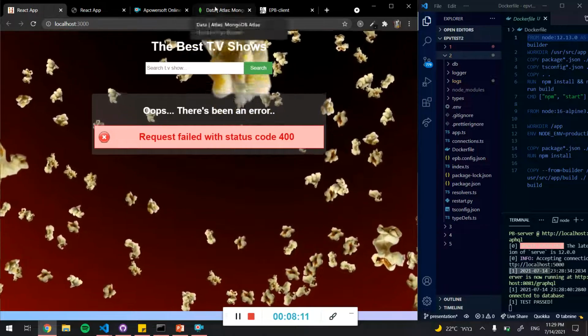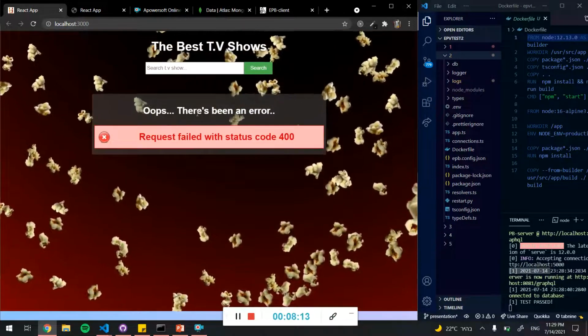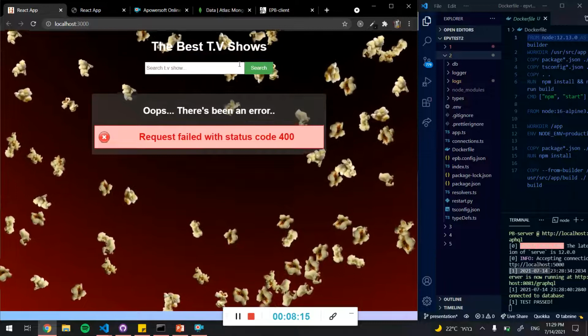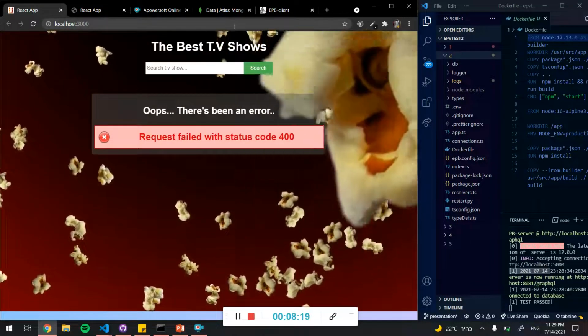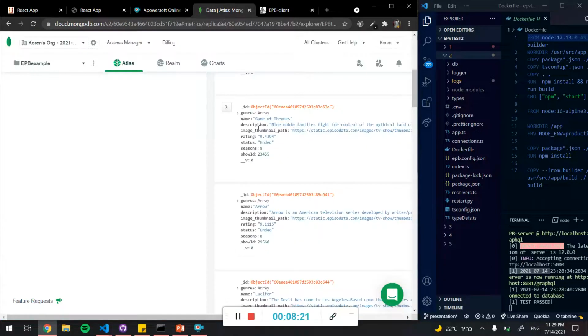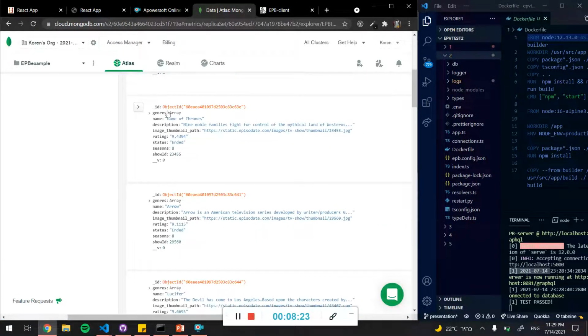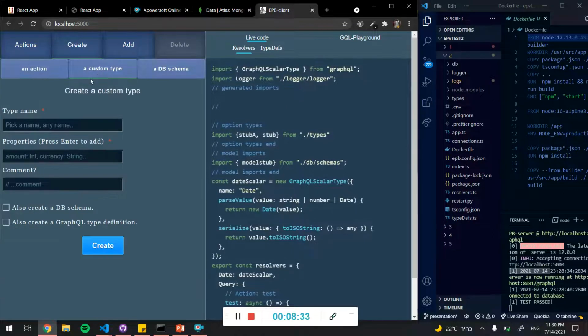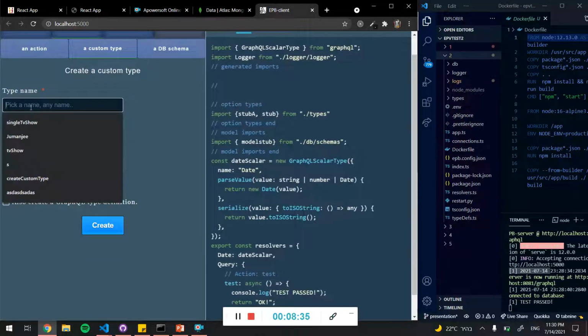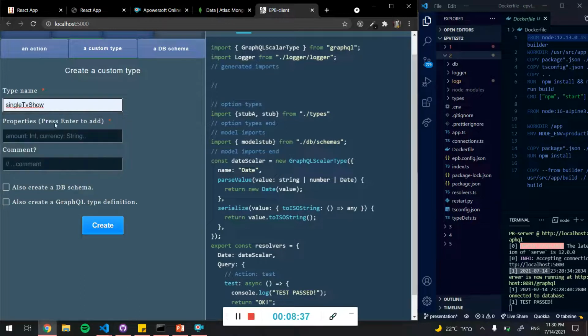What it needs is a bunch of TV shows. We need to show the server we have something that represents a TV show. It's called a model. So the TV show looks like this. It has a genres, which is an array. It has a name, which is a string, and etc., etc. Seasons, which is a number. Let's just describe that for our server in create custom type, and then let's call it a single TV show. That's the name of the